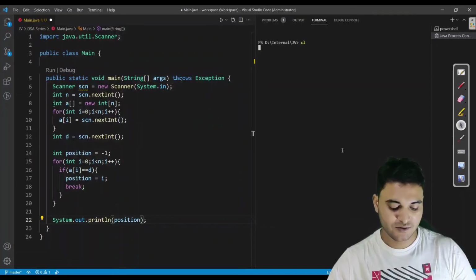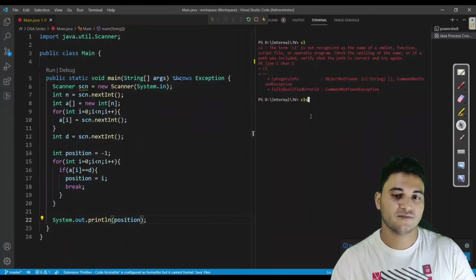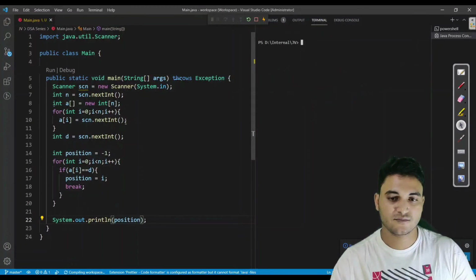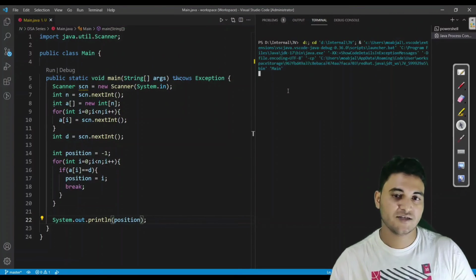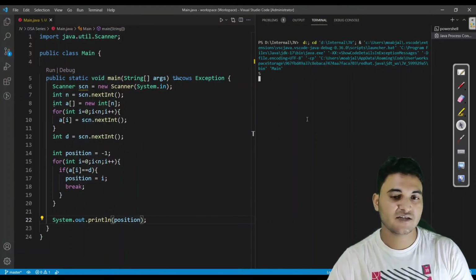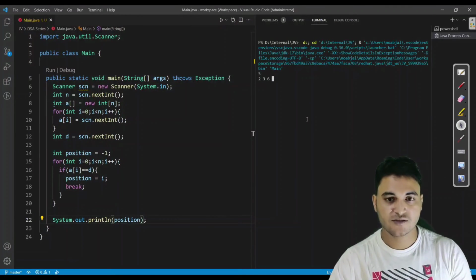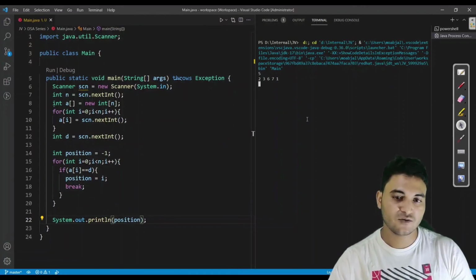Let us give it a run also. So I am going to run this particular program, and I would be providing the inputs of the array and the search element also. Let us say I am entering 5, which is the size of the array as n, and I am entering 5 values. Let us say 2, 3, 6, 7 and 1. So this is the array. Now we have to provide one more number. Let us say I want to search 3.